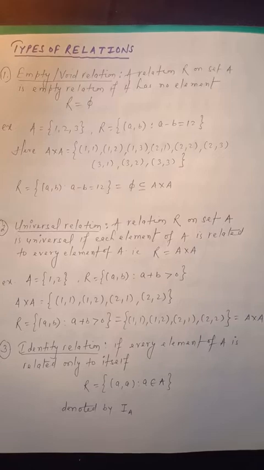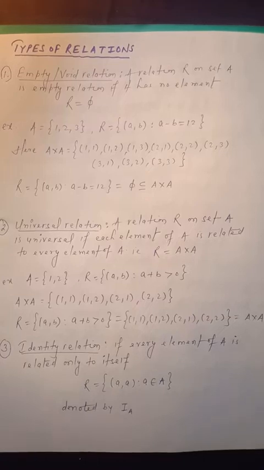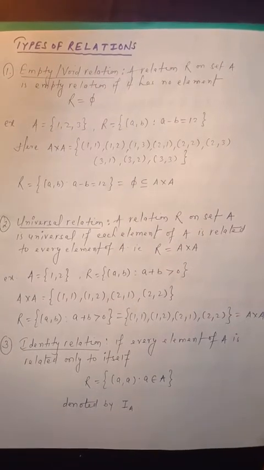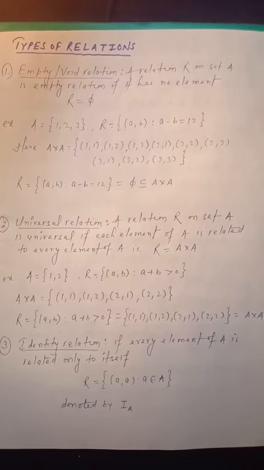Now let's talk about the types of relation. I hope it is clear what a relation is. Now the types of relation, take the first thing, which is the empty relation or void relation. A relation on set A is an empty relation if it has no element. Actually here we will talk only about one set, because whatever relation we take will be on a single set. Here I am not talking about set B, because set A and set B are both set A actually.